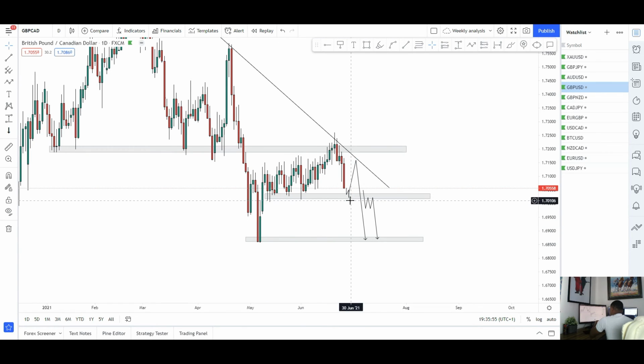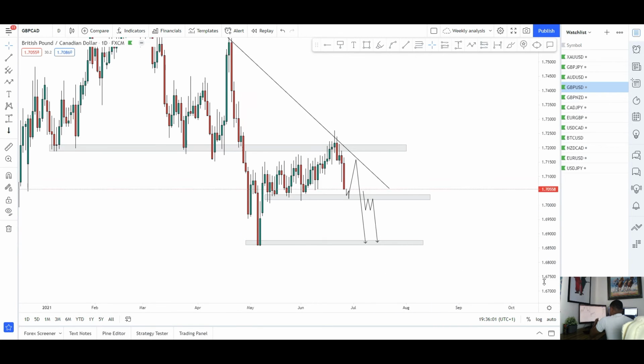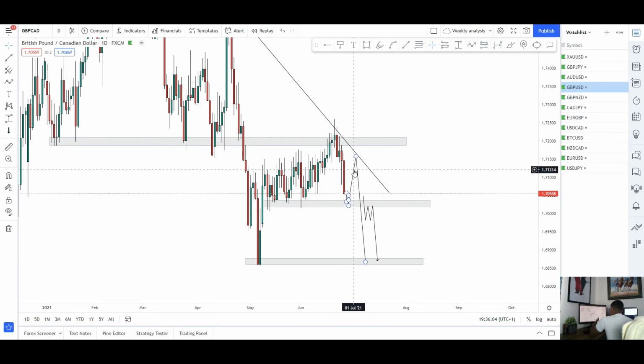A break of this support will take us back down to this support area here, 1.68500, potentially some new lows there as well. So I'll be waiting for some retracement and then take it back down again, but potential short-term buys maybe on the 15-minute